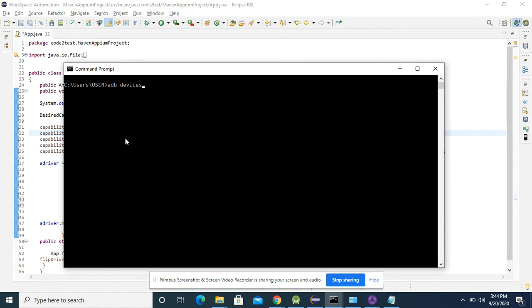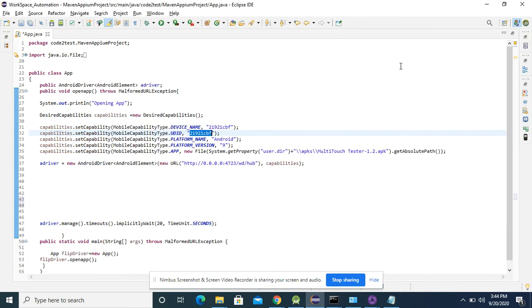As you type this and press enter, you see that your device has been shown here, 219216BF. You can define this as the device name, and similarly the same for UDID. My platform is Android, version is 9, and this is my APK.